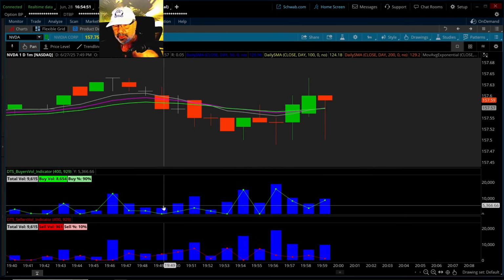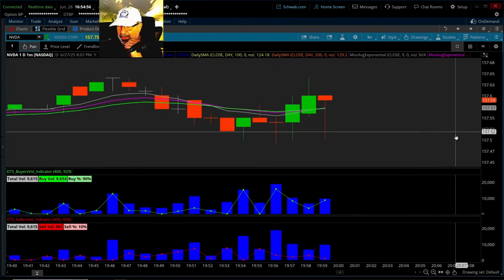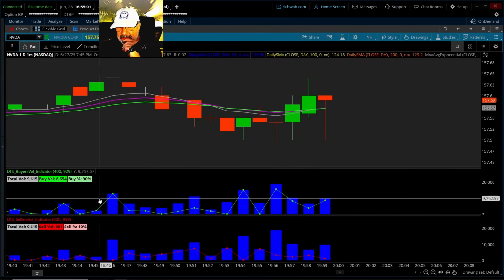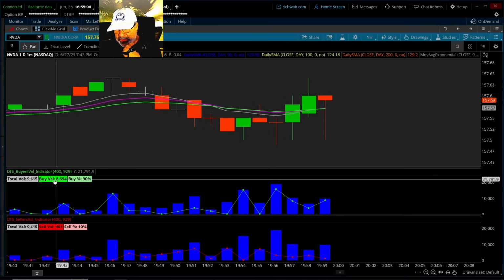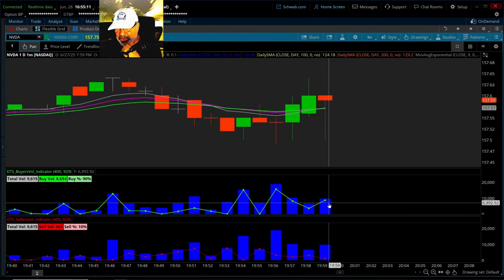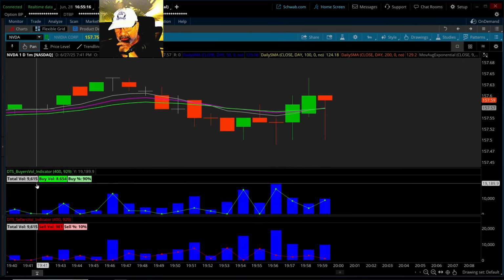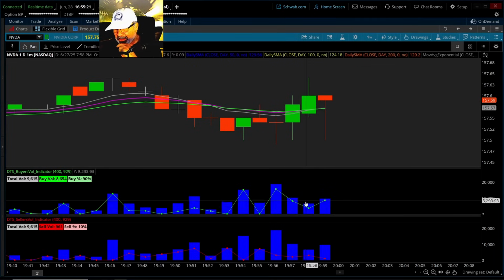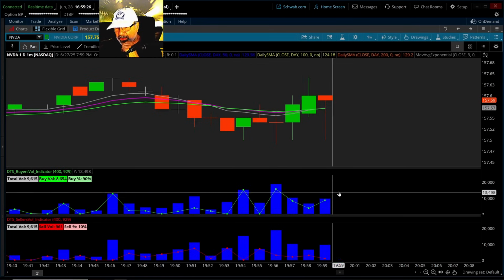Now, this is only showing you the buyers, unlike the ScalpMeter Pro, which I probably should have kept up so we could show the difference, but it had the buyers and the sellers, and it had a meter and all that. So what I did differently on here too is I'm showing the total volume, how much of that volume is buyers, and what the percentage of that is at any given time. As you can see, it's right at the top. That's why it's saying 90%. So if you were waiting and you're watching momentum grow here, like you saw these start to go up, and each volume and the buyers are near the top, you could have a better